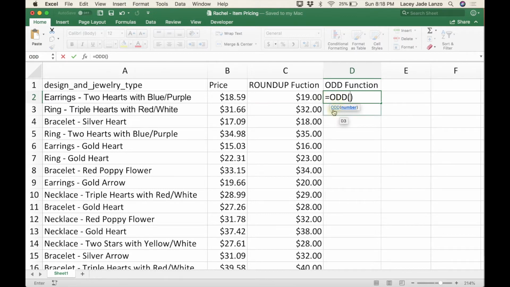Since you can see down here, it says ODD and then number. So all this needs is just the number typed in or selecting the cell that has the number that we are trying to round to the closest odd number. So we're going to select that. And since that's the only thing here, we can actually just press enter, and then that will be the entire ODD function. Now 19 is already an odd number, so it's not going to round anything,